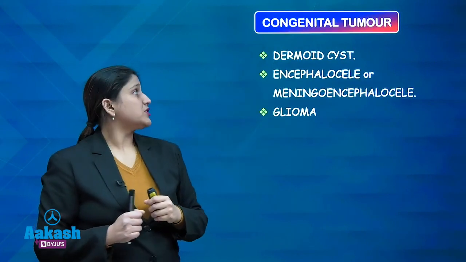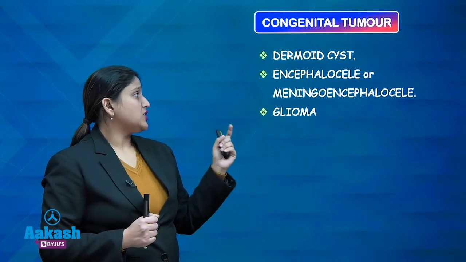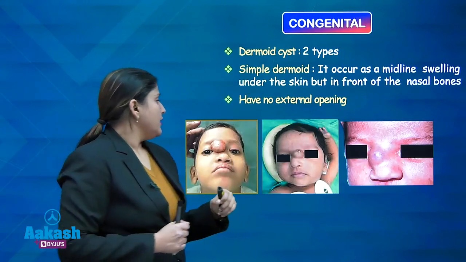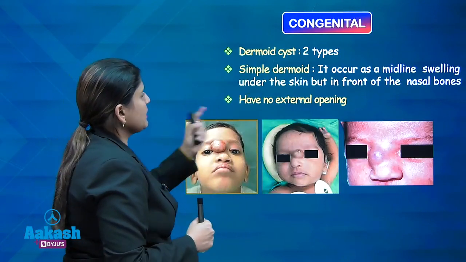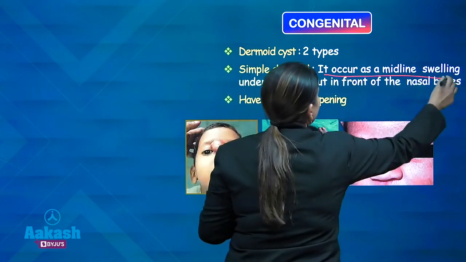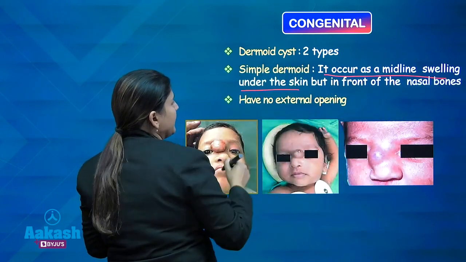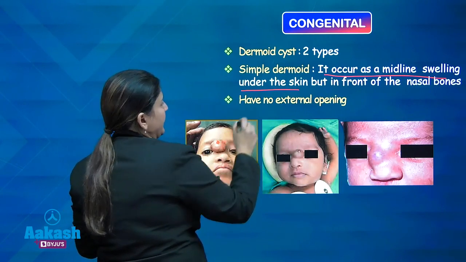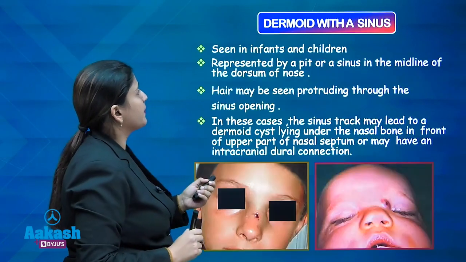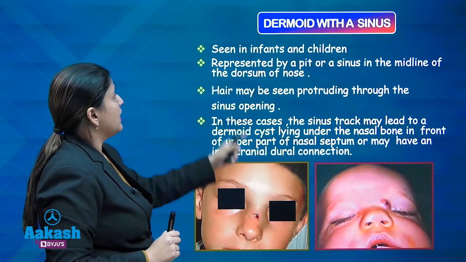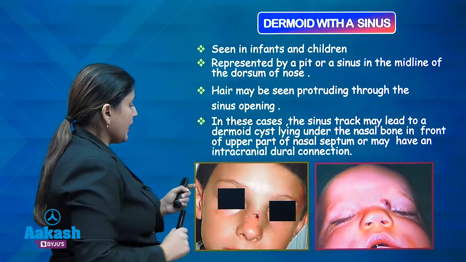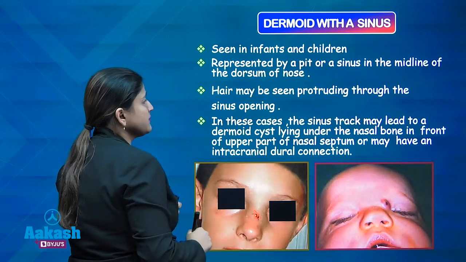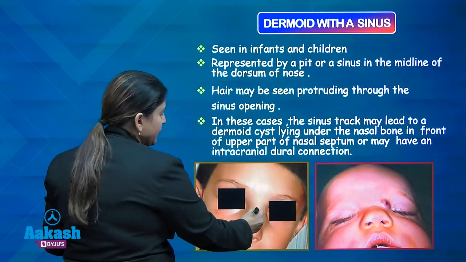The congenital tumors include the dermoid cyst, encephalocele or meningoencephalocele, or gliomas. The dermoid cysts are of two types. A simple dermoid occurs as a midline swelling under the skin but in front of the nasal bone. It does not have any external opening. This is a simple dermoid. A dermoid with a sinus is seen in infants and children. It is represented by a pit or a sinus in the midline of the dorsum of the nose. Hair can also be seen protruding through the